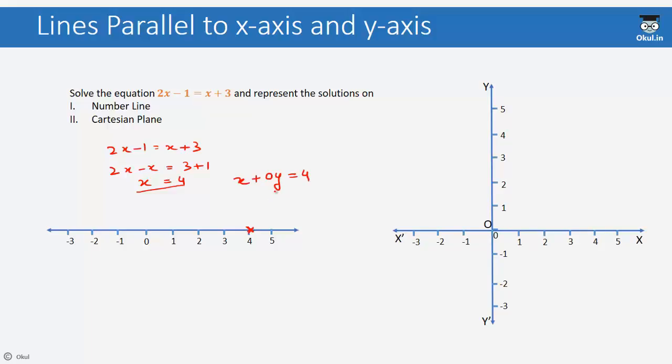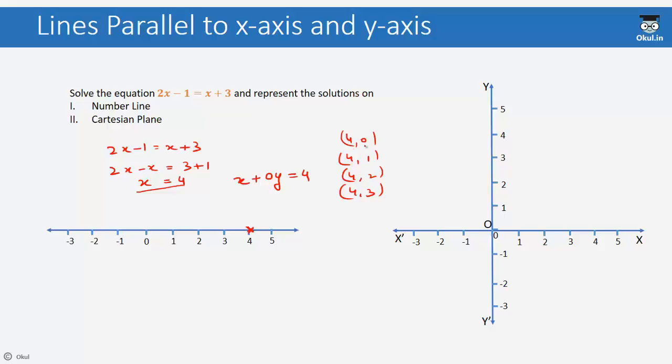We can observe that on putting the value of y as 1, 2, 3 or 4 or maybe any value, the value of x is unchanged. That is, it remains 4. The solutions of this equation can be (4, 0), (4, 1), (4, 2) and (4, 3). Here we note that the value of x is a constant, but the value of y is changing.